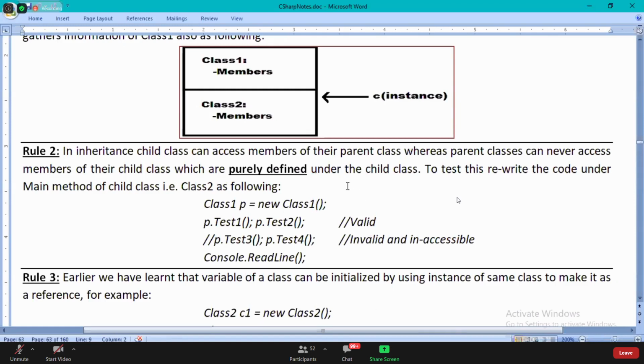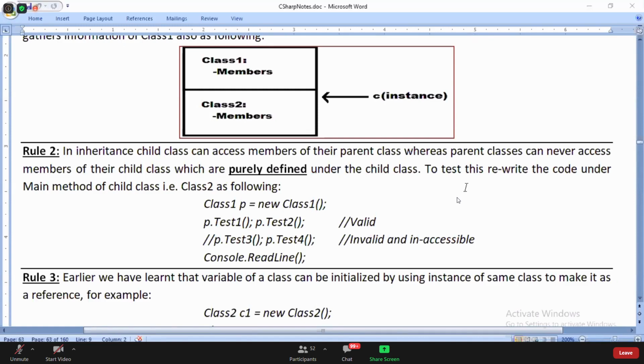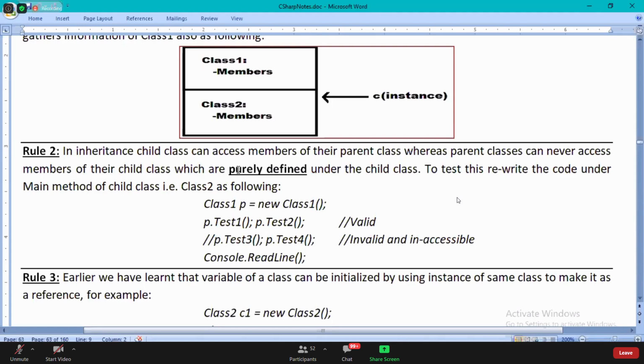Are you guys clear? And understand here I used a word, purely defined under the child classes. Did you understand that word? They're purely defined in the child class.